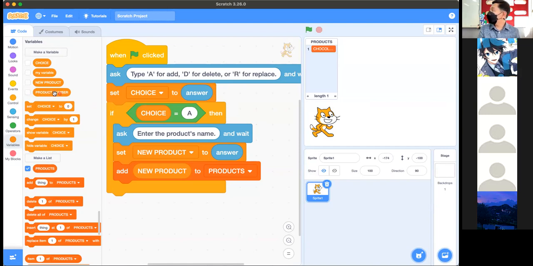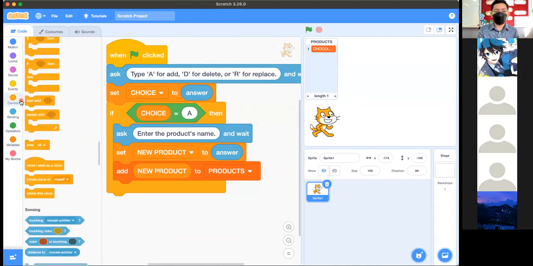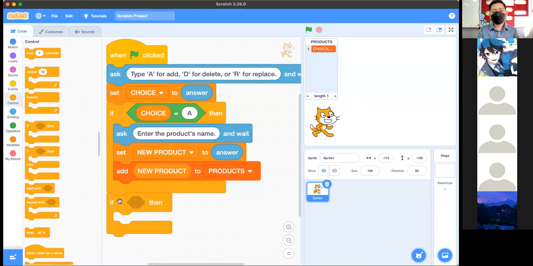Okay, product number variable. Now I would like you to add another if for this one, and then do the delete function. So if blank is equal to D, then,